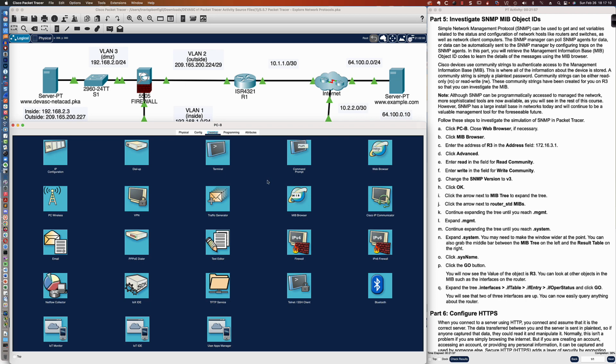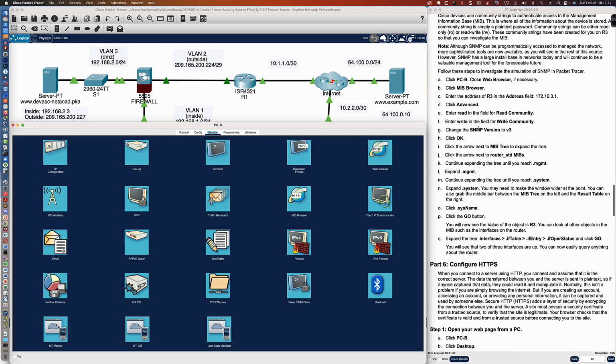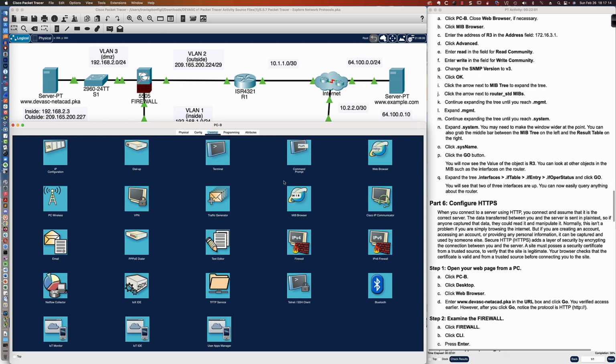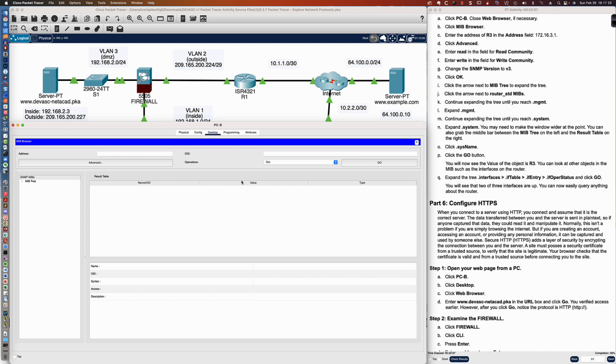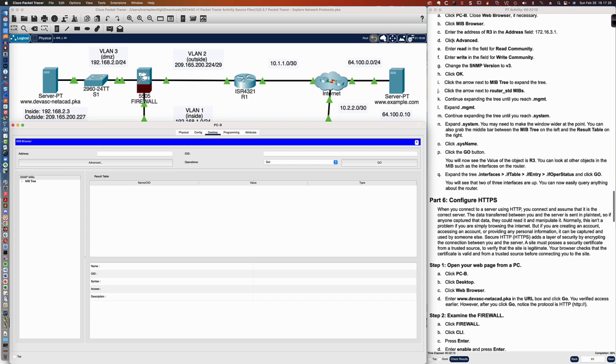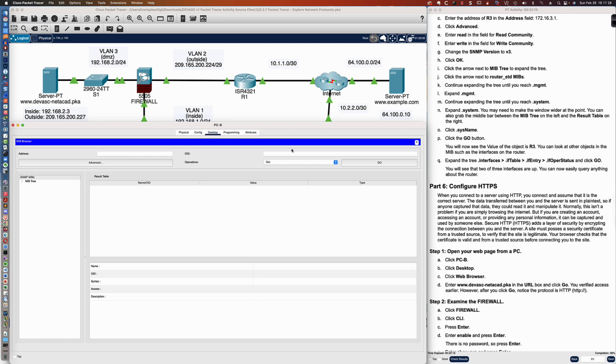So we're going to take a look at the MIBs that make all that happen. So here we go on PCB. We're going to select the MIB browser. Sorry, I saw the web browser and thought, wait a second, it shouldn't be the web browser. It should be the MIB browser. So here we are. We're going to click on the address field, and we're going to type in over here